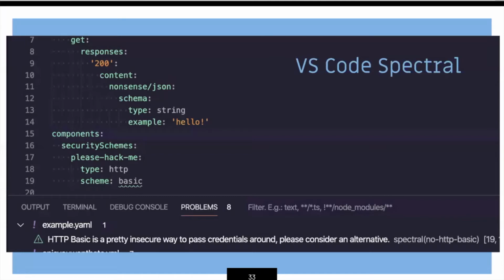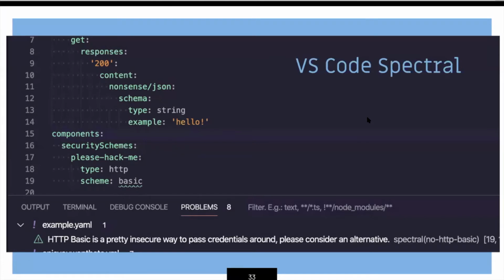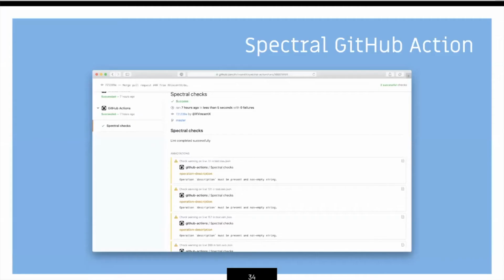If they use VS Code, we have a VS Code extension for Spectral. And again, the same rules will apply, and you get little squiggles and warnings and errors, just like anything else, like ESLint or whatever. We built a GitHub action for Spectral. So if you don't have CI set up, you can just enable this GitHub action for very simple CI. And even if you do have CI set up, it's nice to enable this because then you get actual comments on the pull request showing where and what the problems are.